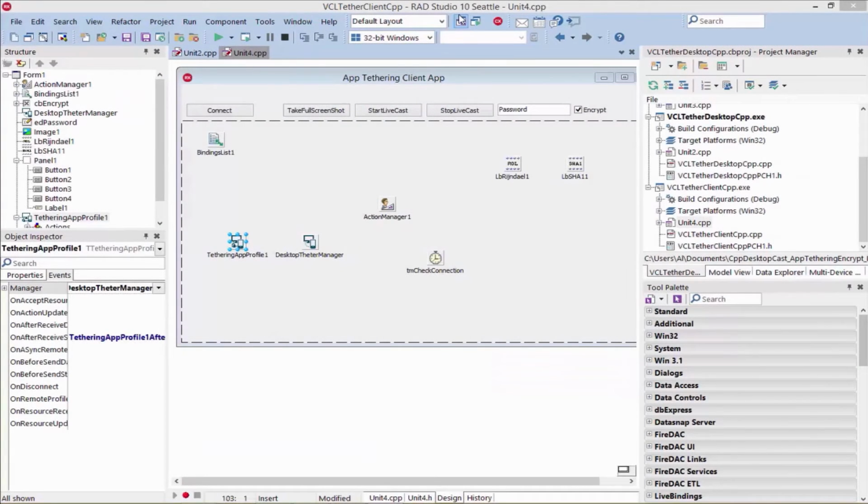Let's now go into C++ Builder 10 Seattle and look at some example apps on how to use these Intercept Event Handlers to encrypt and decrypt data and streams in AppTethering applications. So using AppTethering, this Desktop Cast project is a sample application with a client-server architecture where a client application can